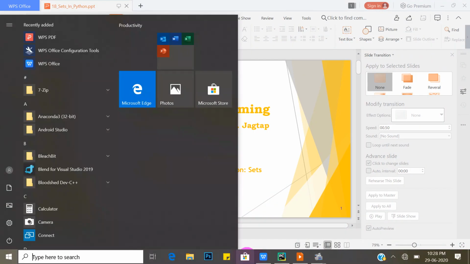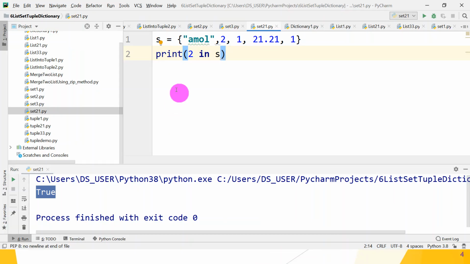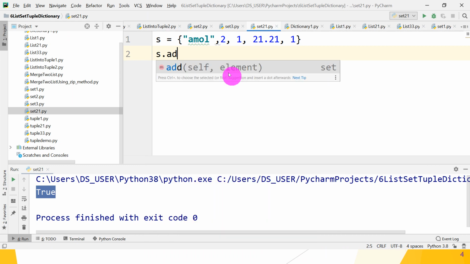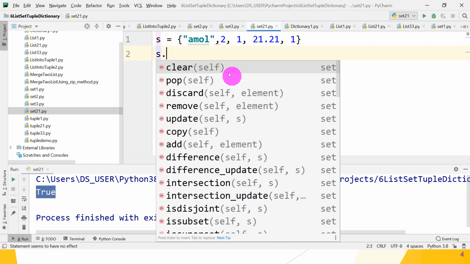Okay, so open the PyCharm IDE. In PyCharm, we have to use the add method. After the dot operator there are a number of methods available, M stands for method. Which method do we want to choose? The add method. What is self?